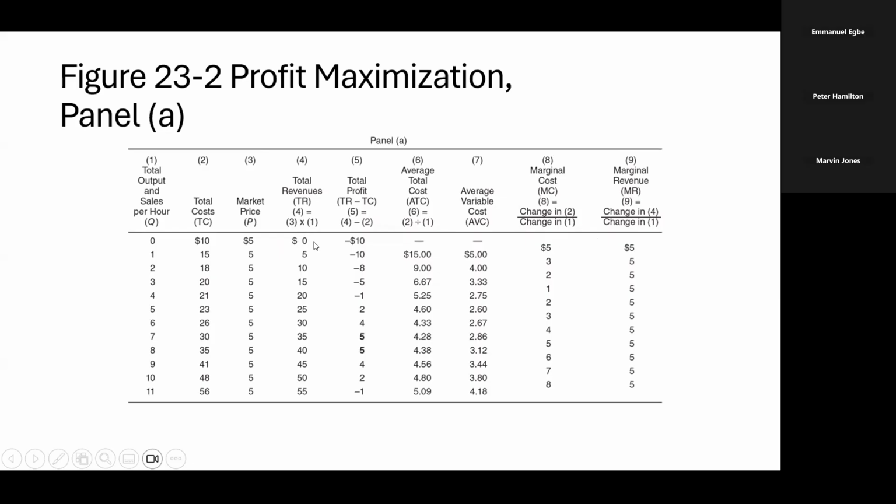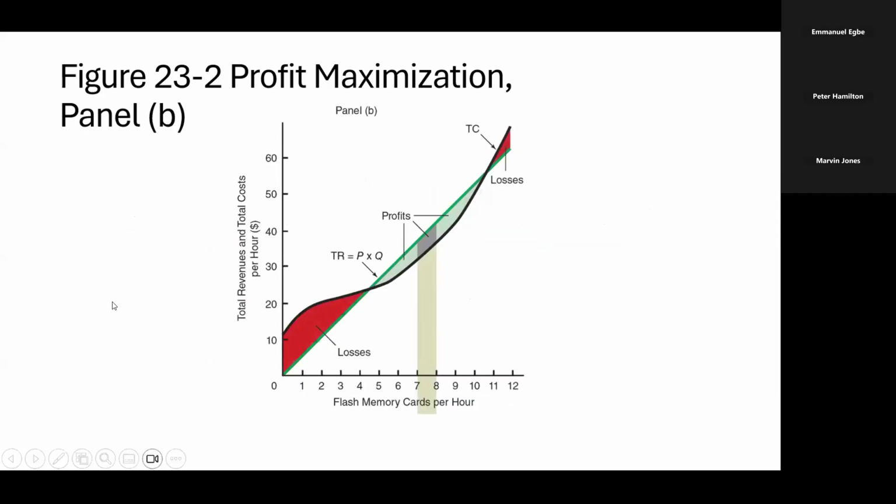Now how about cost? You can see as you increase output, you also have a cost. This is the average cost, the average variable cost. This is marginal cost, and that is marginal revenue. So for the competitive firm, the marginal revenue does not change. The marginal revenue and the price are the same thing. But as you can see here in column 4.2,